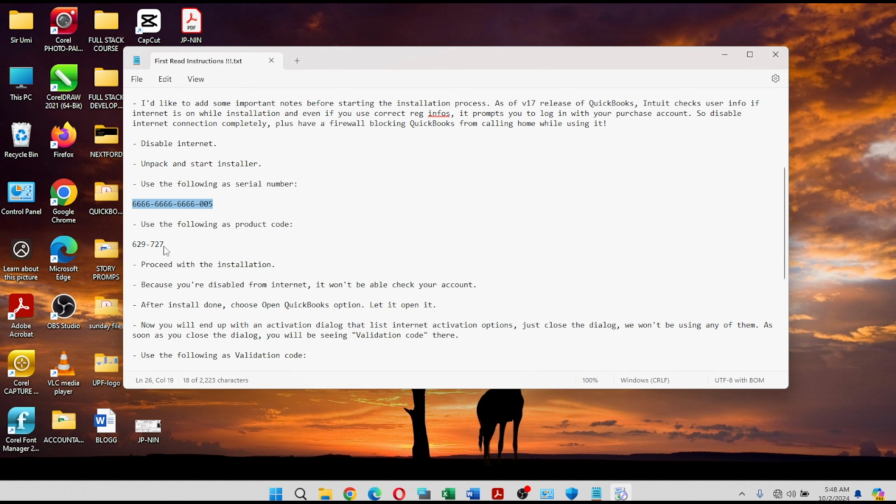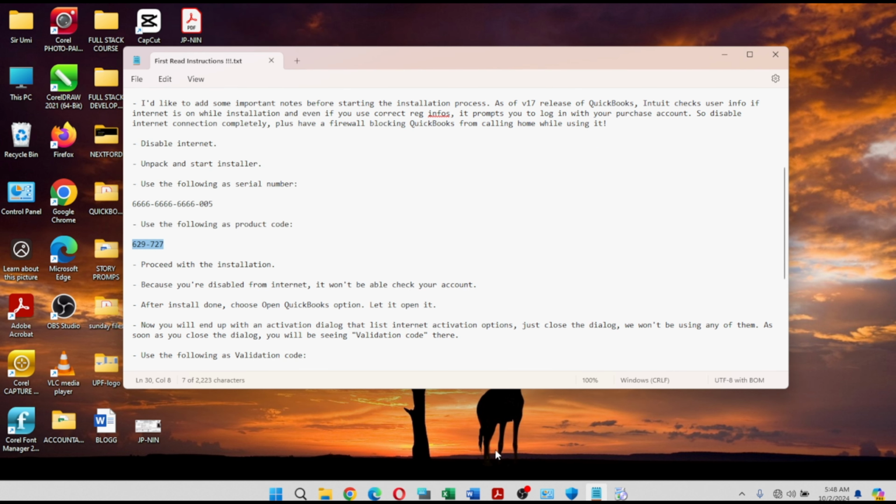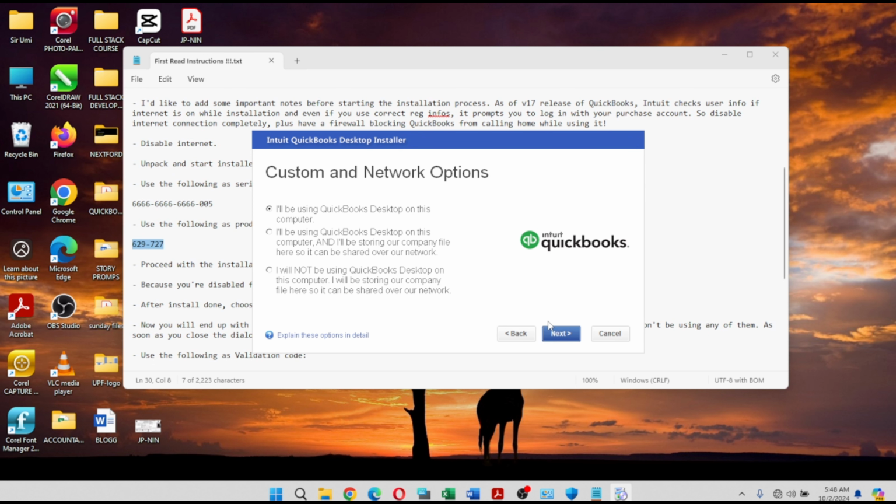Now you also enter the product code. You can choose to type, but I don't want to stress myself. I will just copy. So right click or Ctrl V, paste. Once you have finished entering the product code, this next button will be active so you can start the installation. Click next to continue the installation. So once you click next,